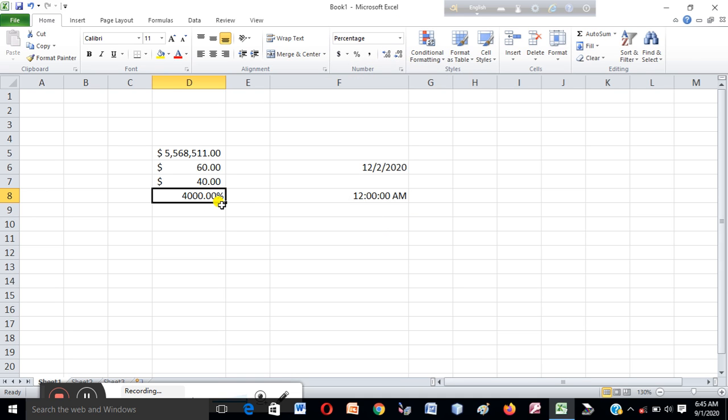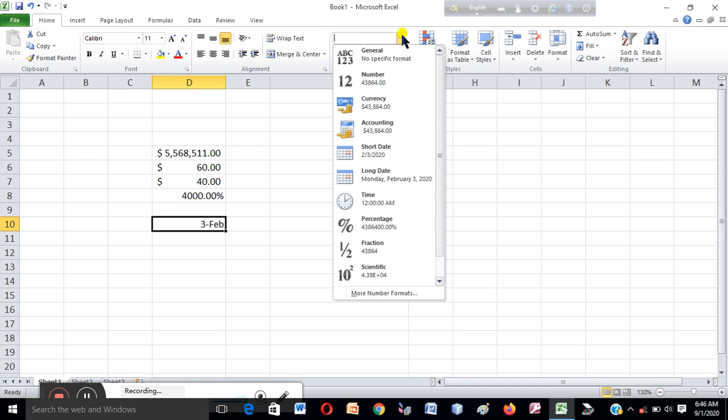And next, Fraction. This displays the cell data as a fraction. Suppose here I write 2/3, and I want to use it as a fraction.